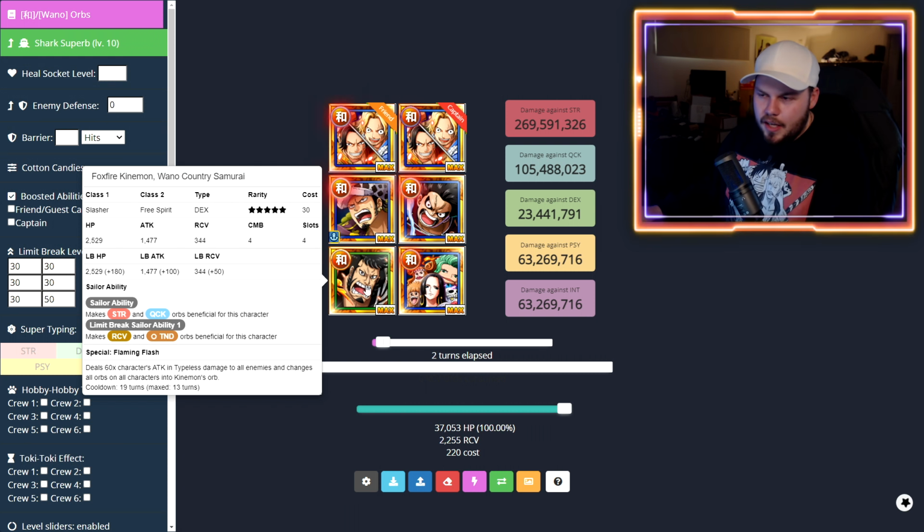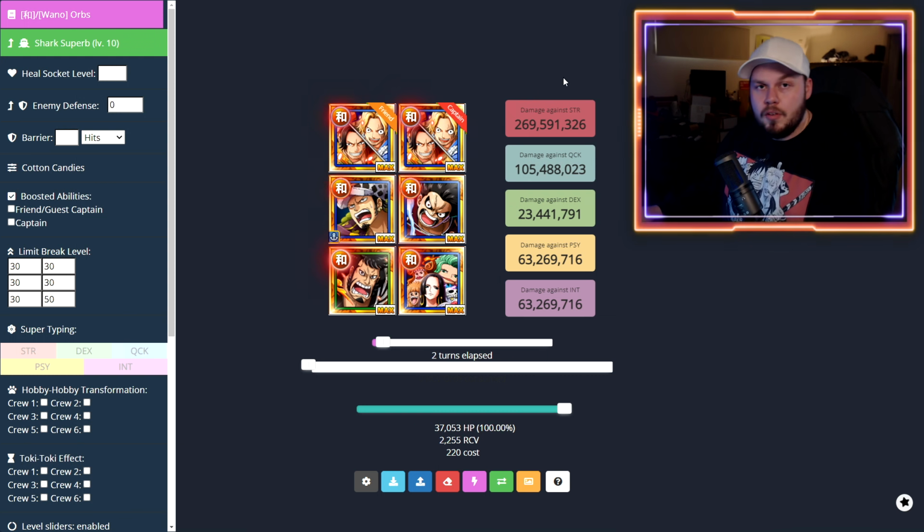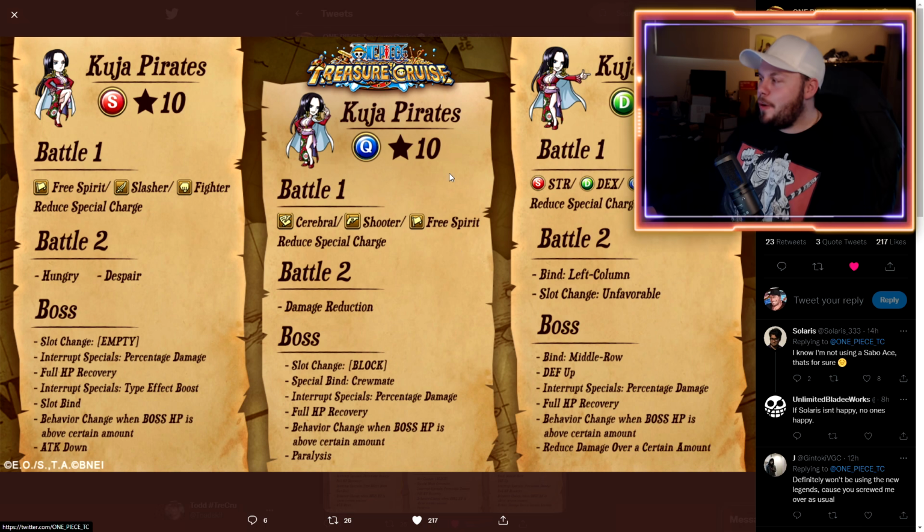You could replace this for something else like chain boundary, then another chain booster, but you do still have to bring a character that removes attack down, because that is obviously going to be a problem past like level 30, so keep that in mind. So now we can go ahead and have a look at the second boss, which is the quick variation, 10-star